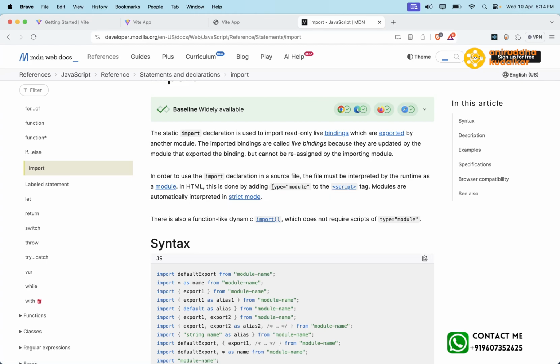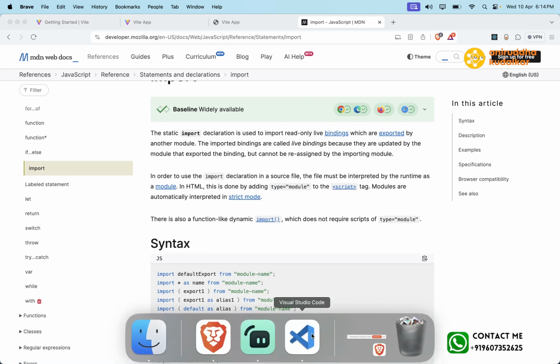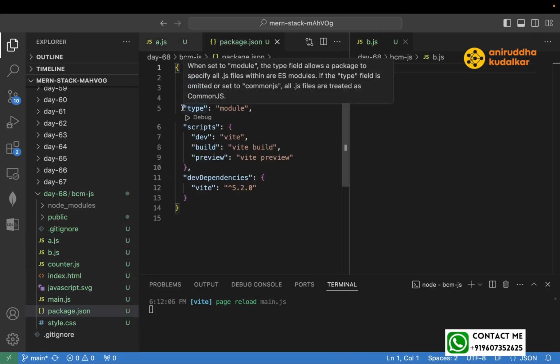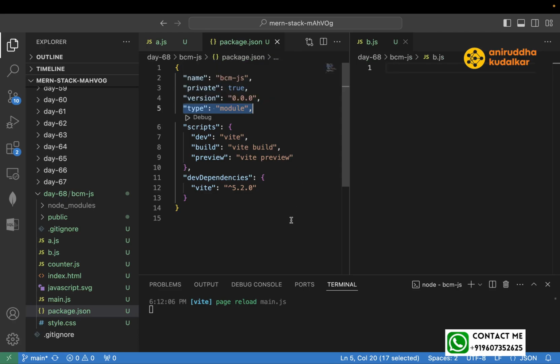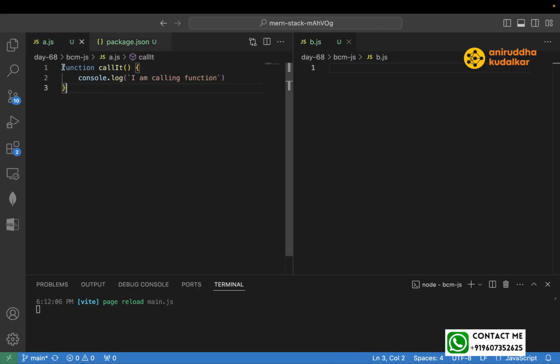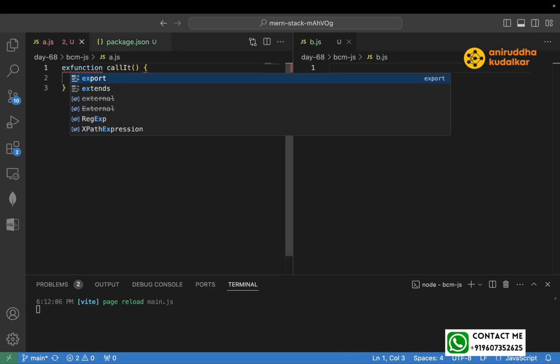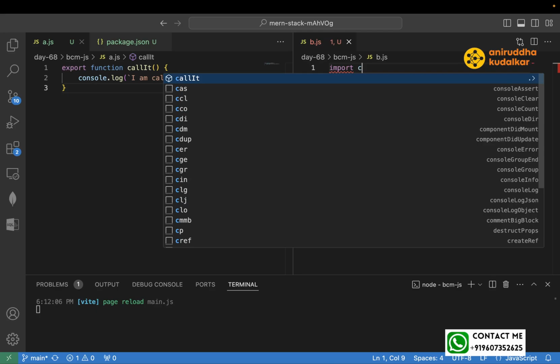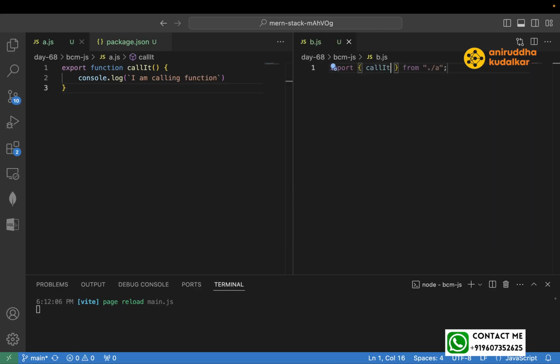You can add type module to the script tag, or if it is a node project, here you have written the type module. So this thing is important. So if you want one thing to be exported from one JavaScript file and imported to another JavaScript file,